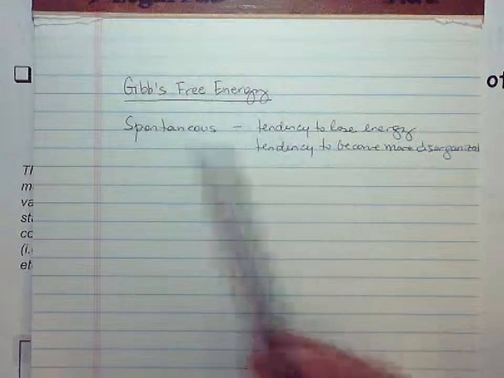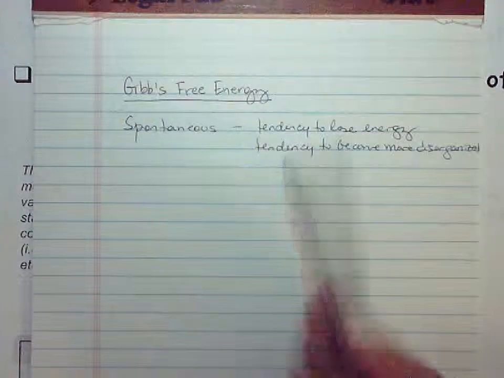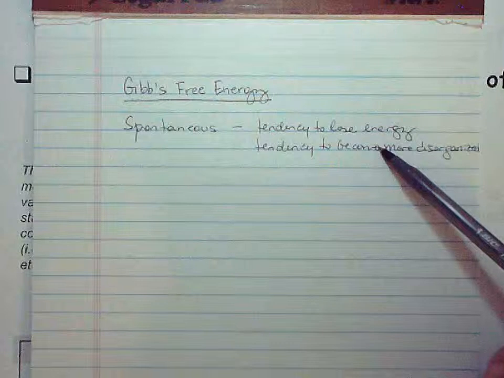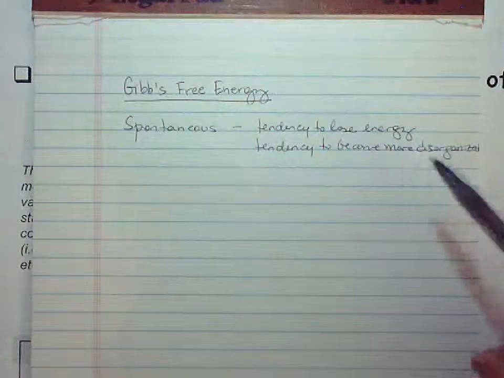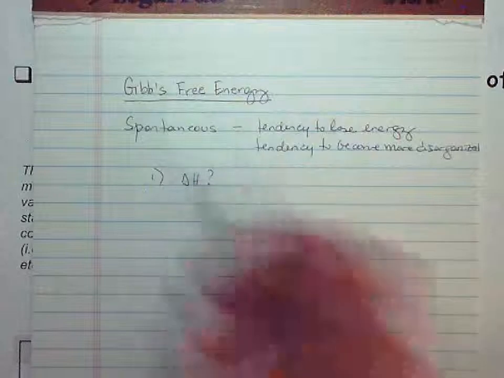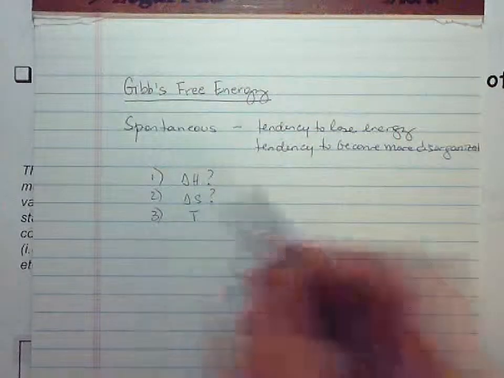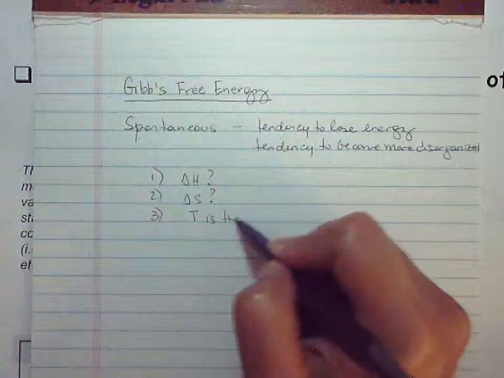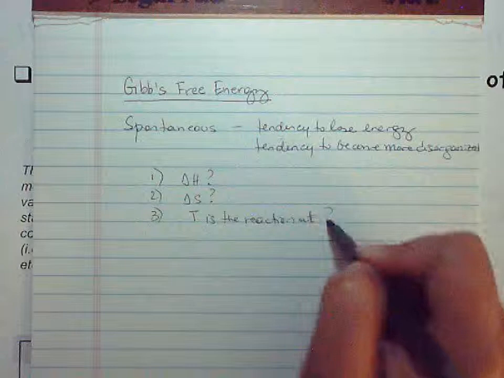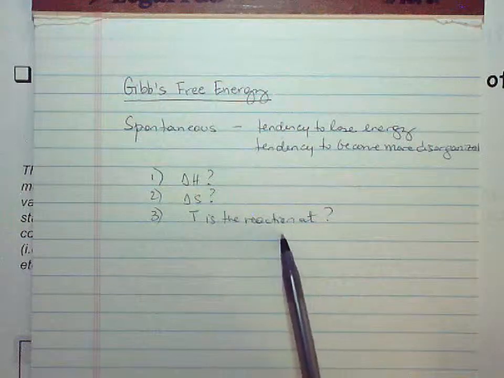So we figured out that there had to be a temperature dependence on this as well. So for spontaneous reactions, you can't just look at each of these individual things on its own. You have to look at them all together. So number one, you have to look at what is the change in enthalpy. Number two, what is your change in entropy? And number three, at what temperature is the reaction occurring? So all three together is really what you have to look at